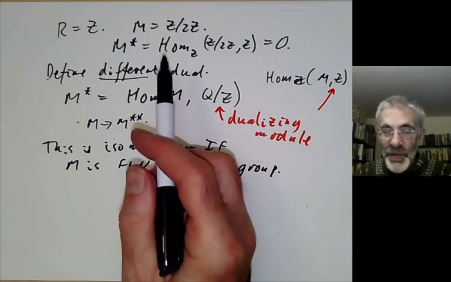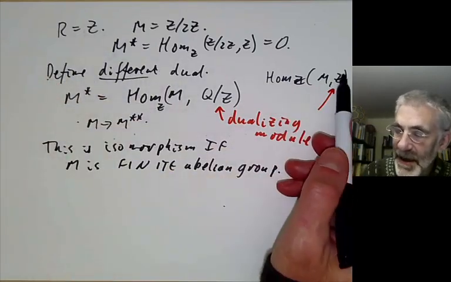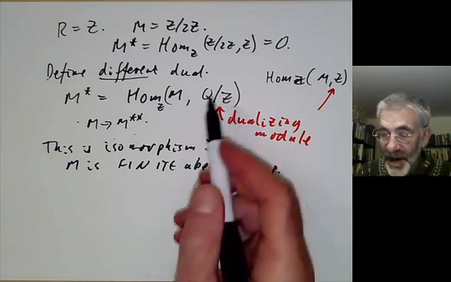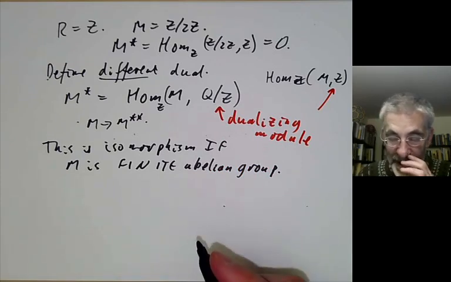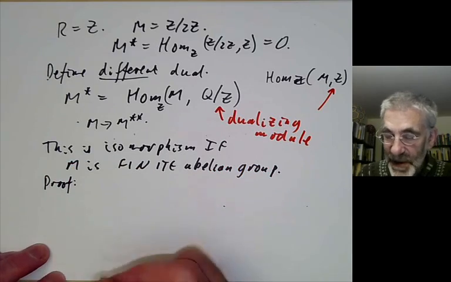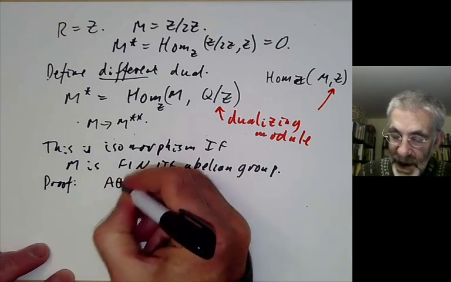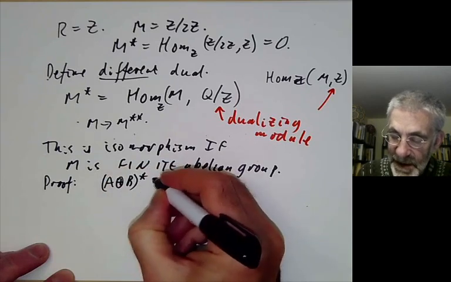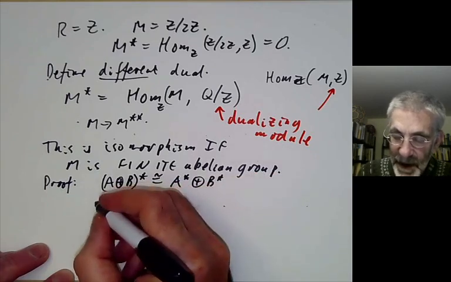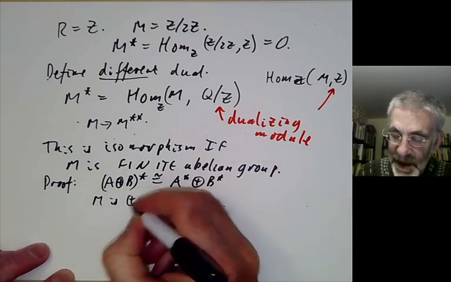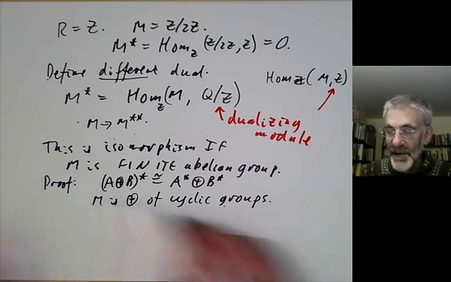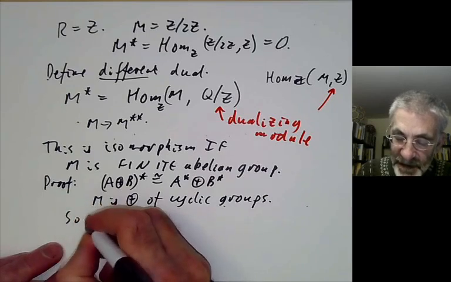So we've got one sort of duality theory for free abelian groups where we take our dualizing object to be Z, but there's another sort of duality that works nicely for finite groups. So let's check this. Well, the proof of this is fairly easy. First of all, we notice that (A plus B) dual is isomorphic to A dual plus B dual, and M is a direct sum of cyclic groups, because any finite abelian group is a sum of cyclic groups. So it's enough to check